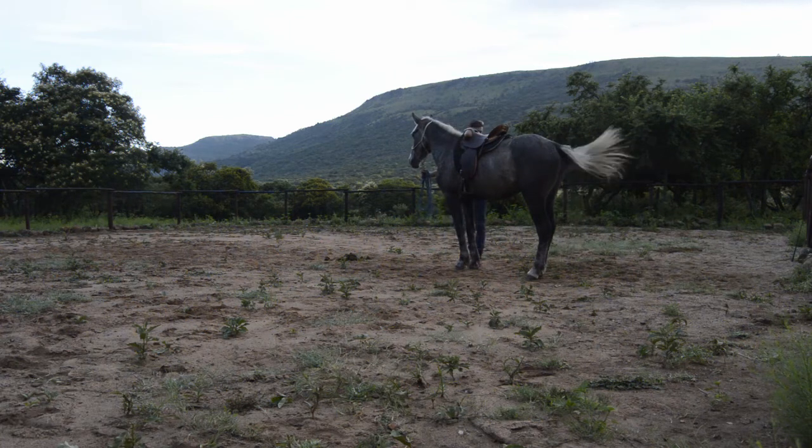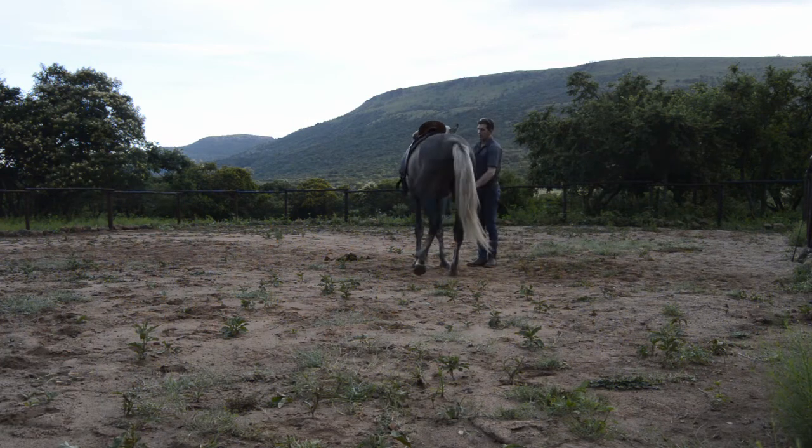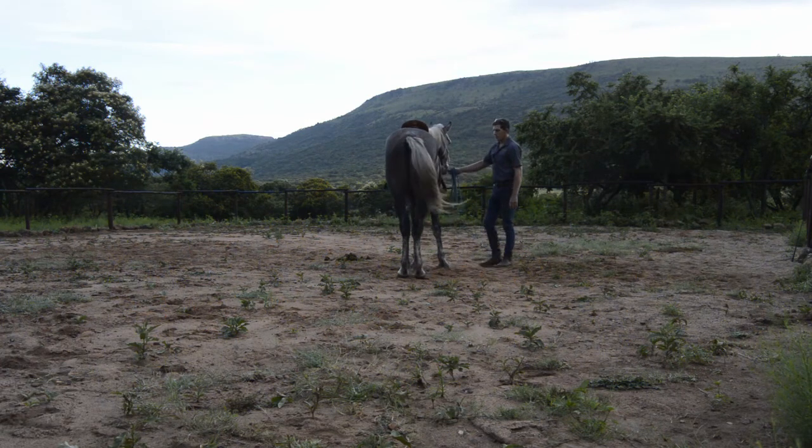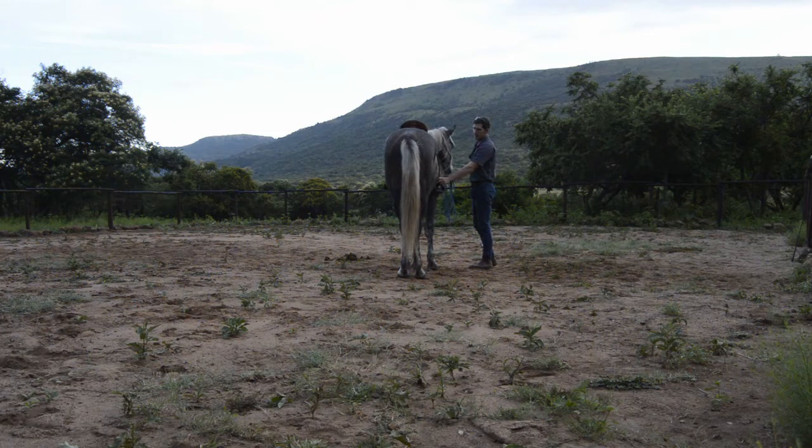All right, I'm jumping straight back in. I want the hindquarters to move. Good boy. So you'll see I'm supporting him with a head collar, just so that he doesn't walk off, as he has already indicated this morning that he probably will walk off if I just apply pressure to the side or behind him. So you see there's a light pressure on the